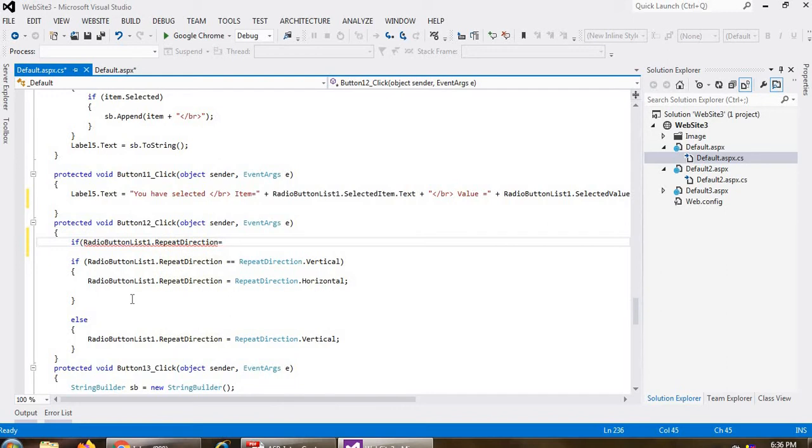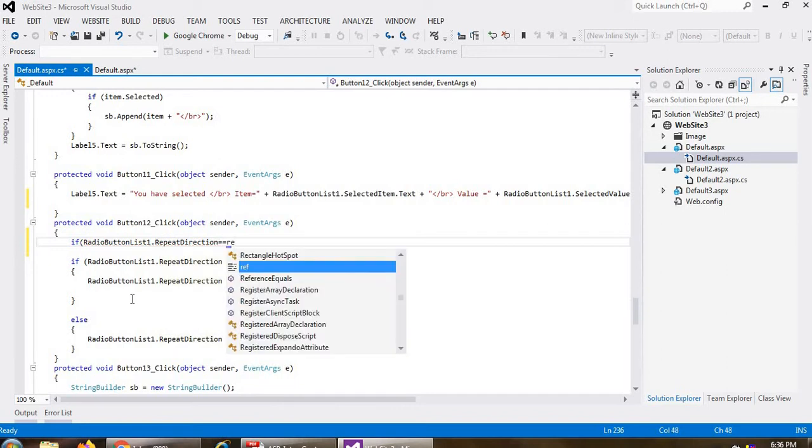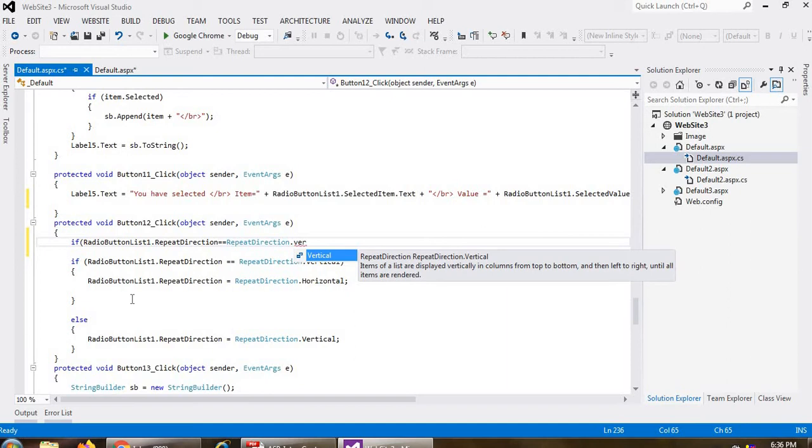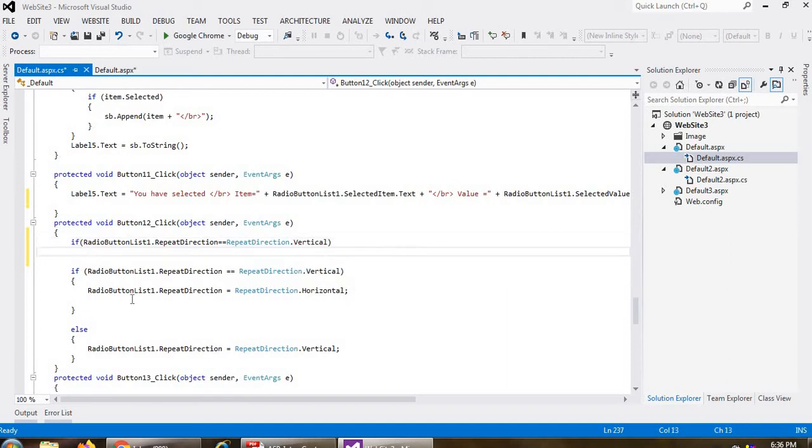Repeat direction equal to repeat direction dot vertical.